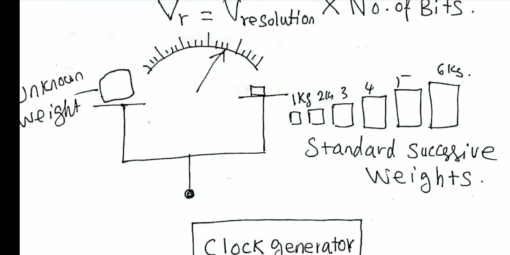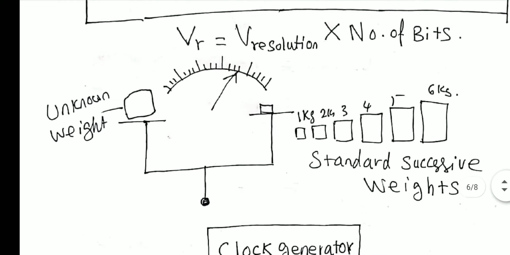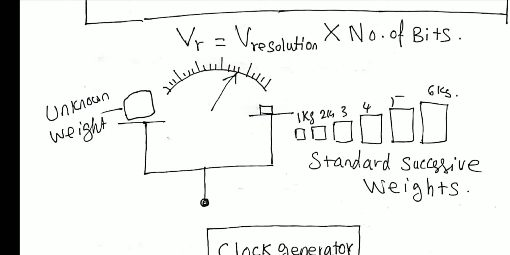Very simple. Okay. So instead of continuously varying mass, here we are comparing the unknown weight with the discrete varying mass. That is why it is called digital ramp. Earlier it was linear ramp, because on the right pan, as the water level increases, mass continuously increases with respect to time. Here there is a discrete increase in the mass. That means 1 kg suddenly increases to 2 kg, suddenly increases to 3 kg, something like that.